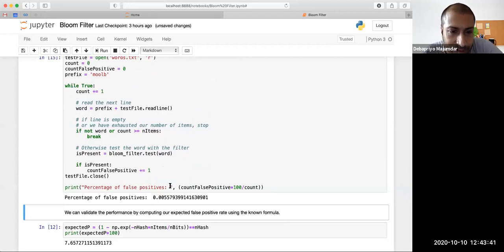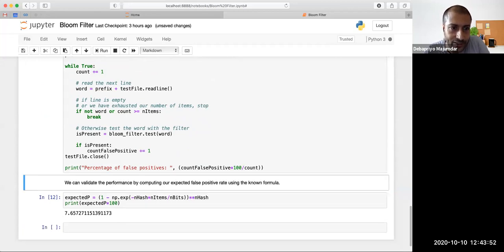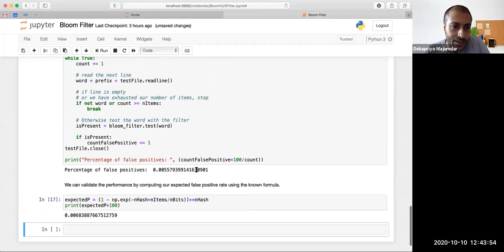With 12 times the number of elements, we had a 0.65% error rate. Here, this is a 0.005% error rate. The expected should have been 0.007, and we got 0.006. With another run, you can get a different one, but pretty much the same.